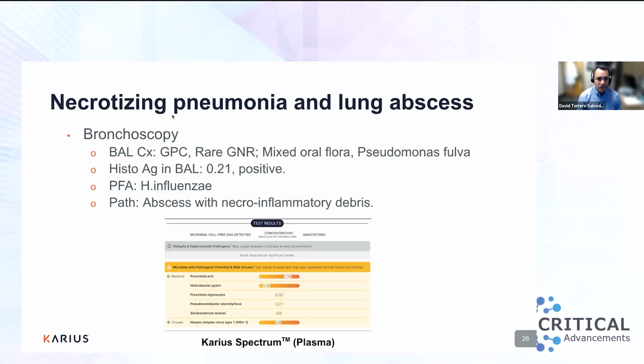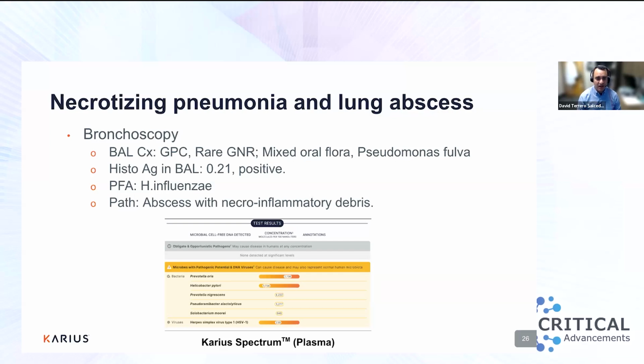Next slide. As you can see, this is our latest bronchoscopy, mixed respiratory flora. There was definitely growth of Pseudomonas fulva. Patient had already been treated empirically. This was actually in culture, of course, and this was not believed to be the actual pathogen, but